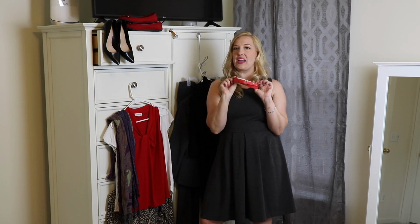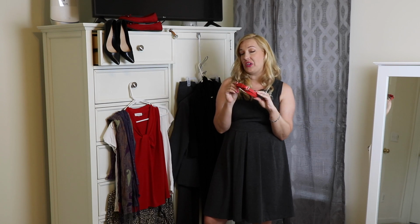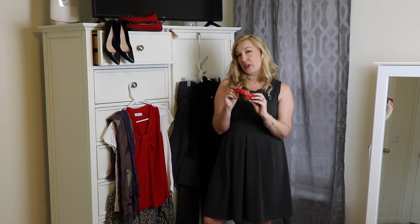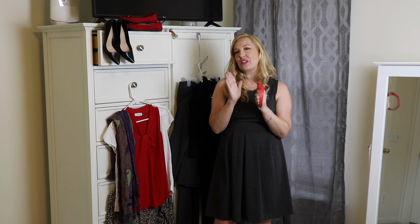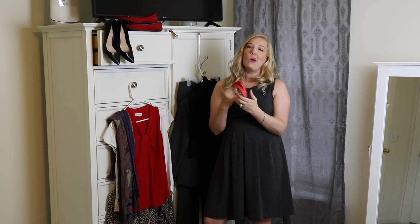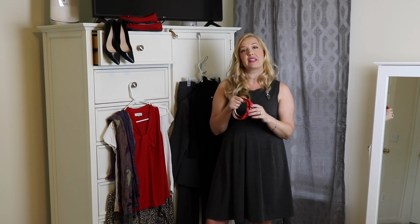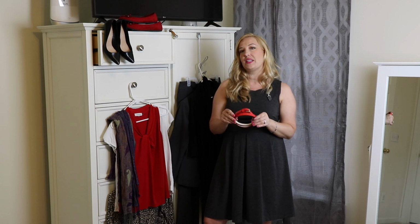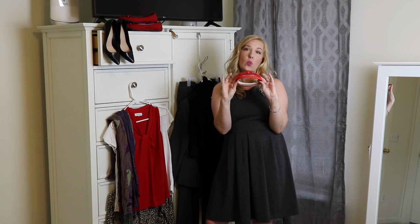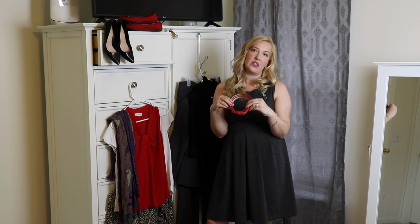I've also included a red skinny belt. This is going to add the opportunity to give a little bit more style and pop to some of the outfit looks that we create. We're also going to use it as sort of a secret weapon in one of our combinations. But truth be told, this is probably one of the items that could be eliminated from this capsule if for some reason you were looking to pare down. This doesn't take up much room. I personally would wear this on my travel days,